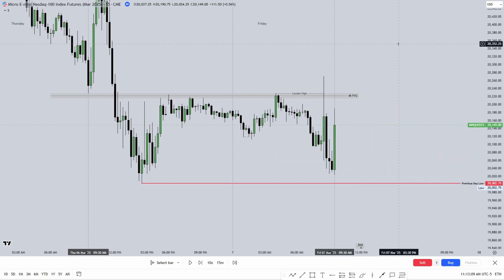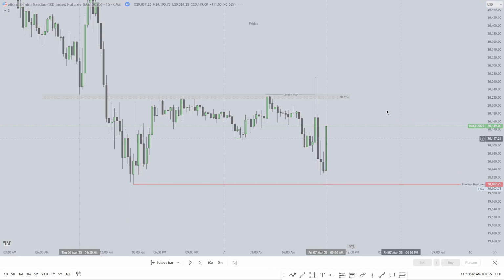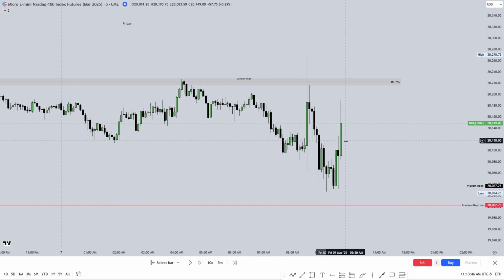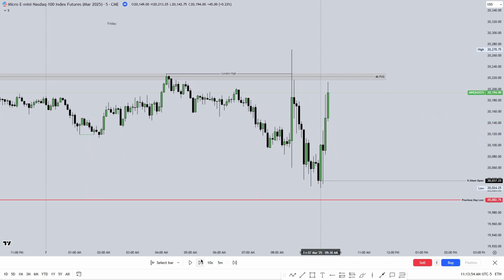Okay. If we jump down to the 5 minute, I need to find some PD arrays on either the 15-minute or the 5 minute that support price moving lower. Okay, and if we go down to the 5 minute right here, really I need to wait for some kind of obvious fair value gap to show me that order flow is lower, right? So this is the first fair value gap on the 5 minute created on the day.